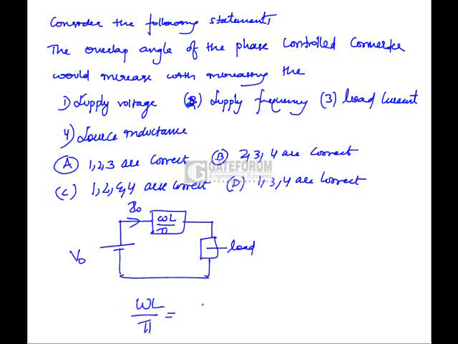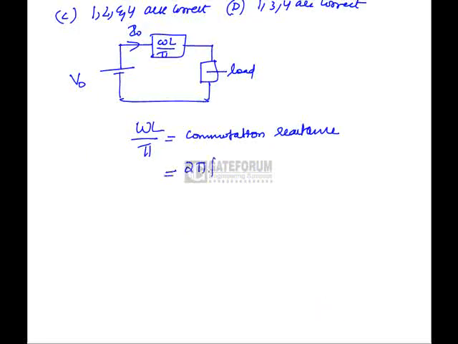Omega L by pi is called commutation reactance. Okay, this is commutation reactance. I can write this one as 2 pi f into L by pi into I naught. This is into I naught. Then it is called commutation voltage. Now if you see here, the overlap angle of a phase controlled rectifier, represented by mu, is